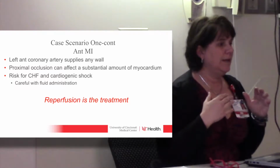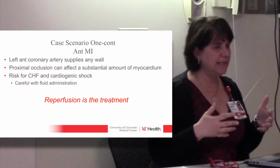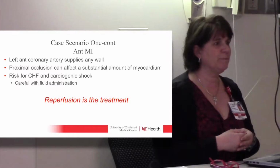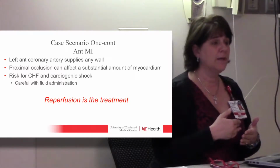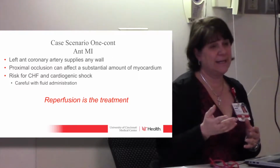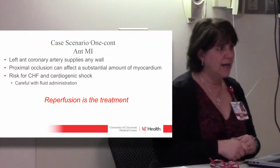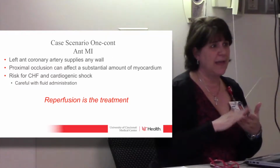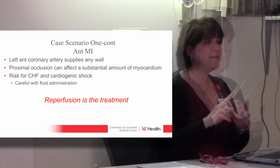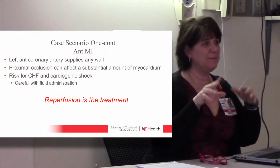So if you have that patient that's having this pain and you do the 12 lead and you see this, you gotta be thinking we gotta get them transferred right away, because they need reperfusion. But what you can do in the meantime is give them aspirin if they're not allergic to it. You may be able to get a heparin bolus for them, whatever your protocol is. Our teams will try to make sure that they have aspirin, heparin. So if you get them aspirin and you have them on a heparin drip, and our team comes in,